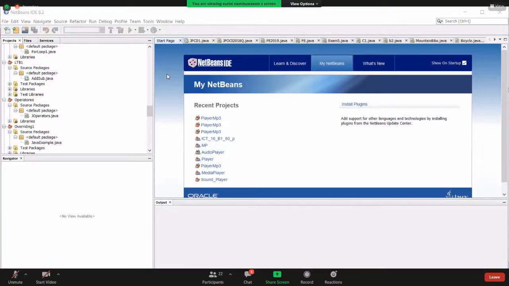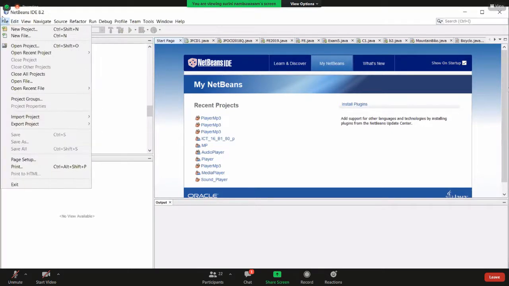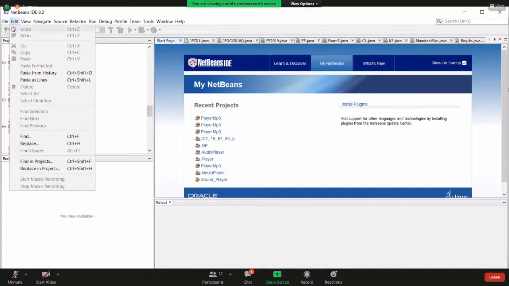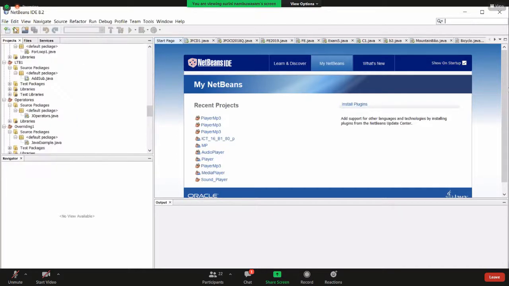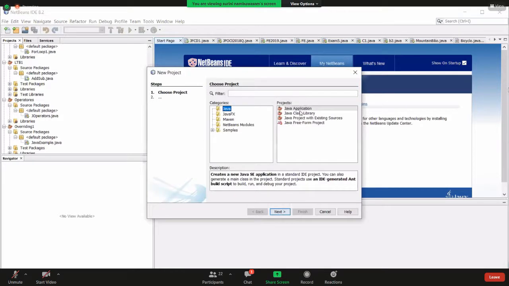We have to continue with the discussion of swing. Therefore, I will create a new project: file, new project. Then select Java application, click next.